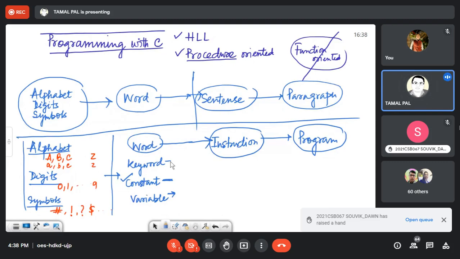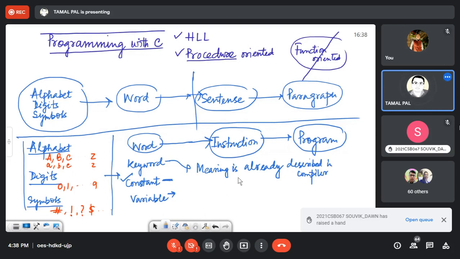So keyword, some words, meaning is already described in the compiler.